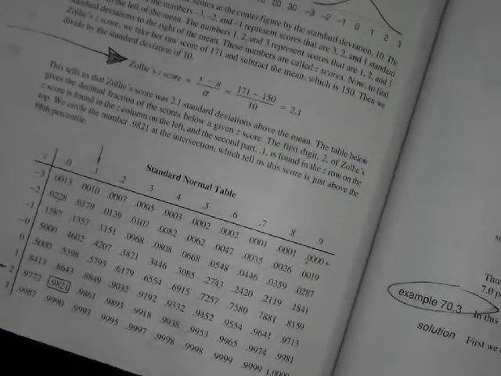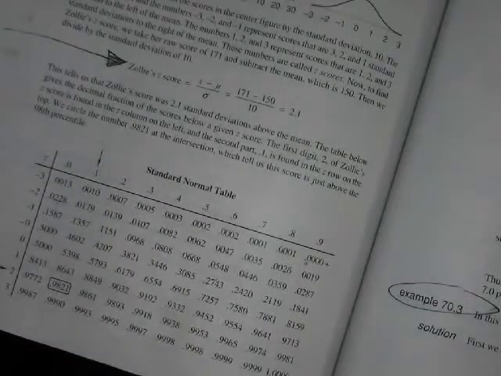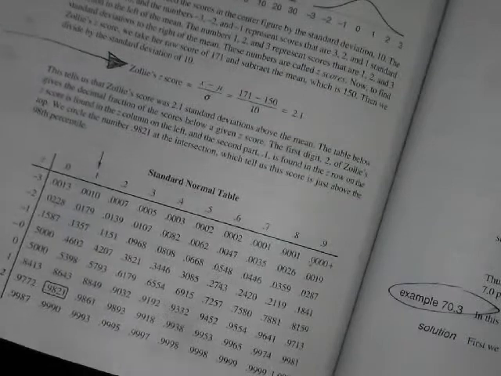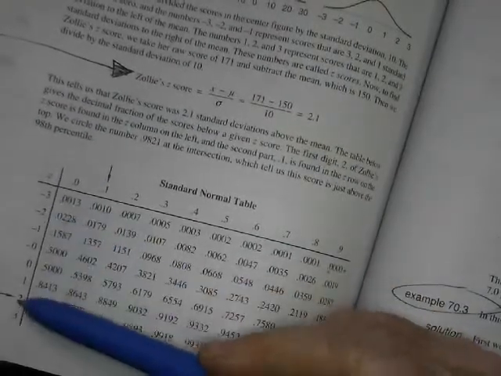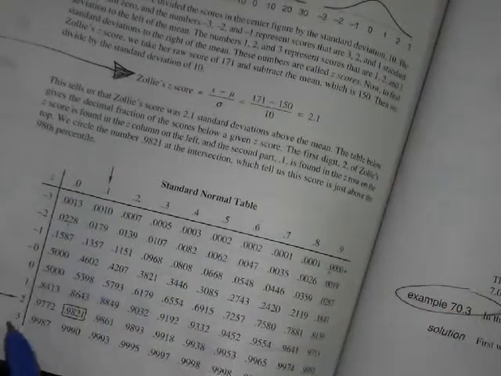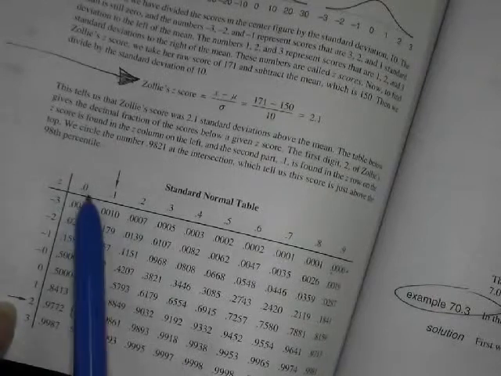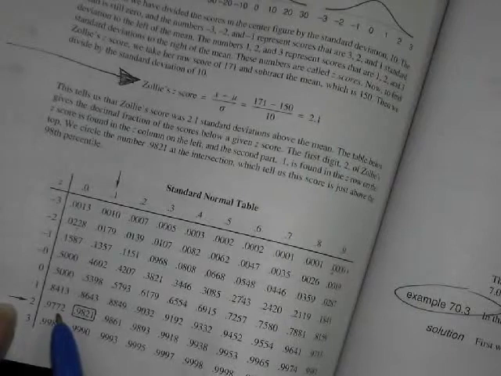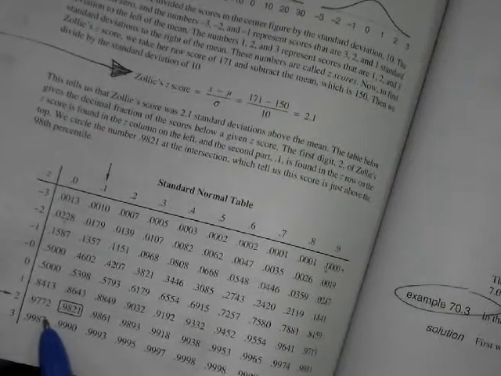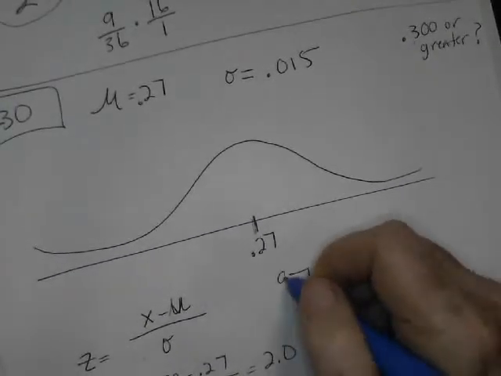And remember the decimal we got when we used our z-score? We got 2.0. You can check that on your calculator if you want. So the whole number appears on the left-hand side, and so you find the 2. There it is. And then it was 0.0, so I'm going to say 0.0, and it comes out right here to 97.72%. So I'm going to jot that down before I forget it. 97.72, I think it said.